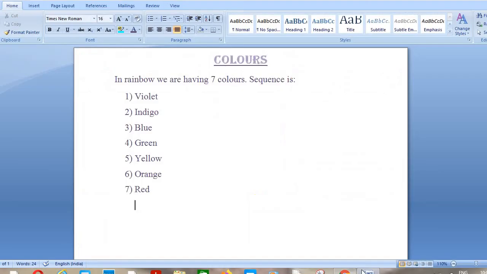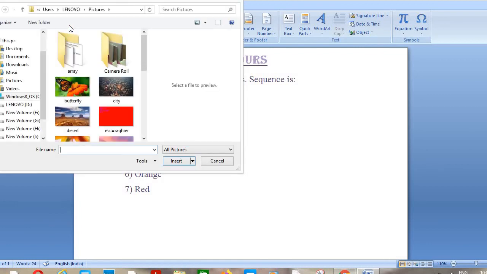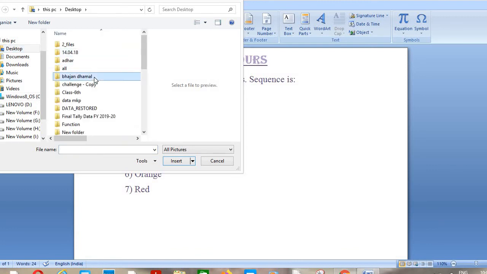Now what we have to do, we will go back to our Microsoft Word. From this option insert, we can insert a picture by clicking on picture option. So we have saved it on desktop, so we have to click on desktop here. Then we will just click and type